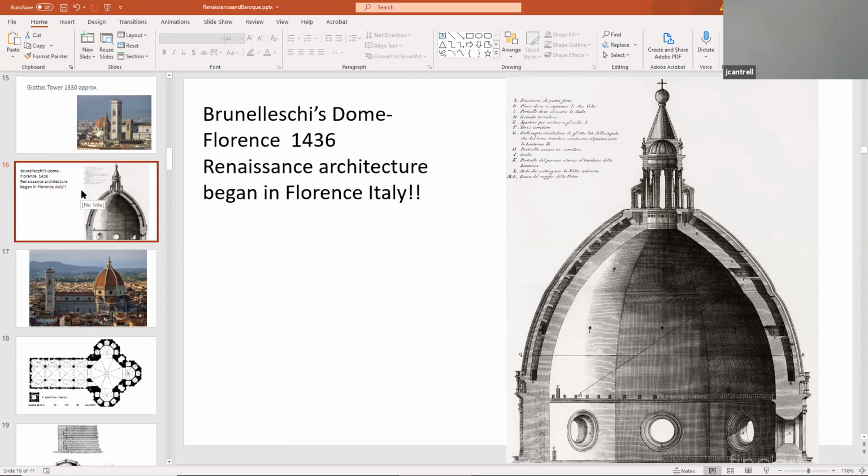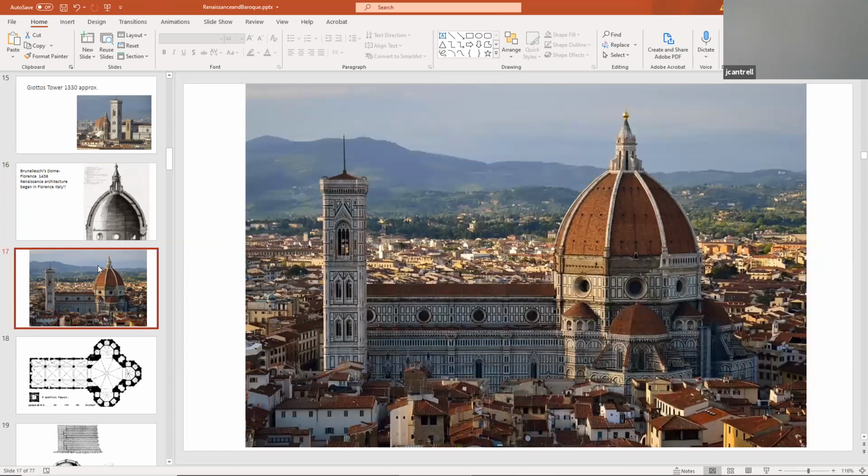And of course, we're not using concrete, because they didn't reintroduce concrete in architecture until the late 1800s. So we're still building with brick masonry and stone. What we're looking at is, for this time, a truly modern structural dome engineering marvel. We're not seeing any buttresses. We're not seeing the flying buttresses to support the walls. All the structure is completely integrated into the dome shell itself. And how did he do this?